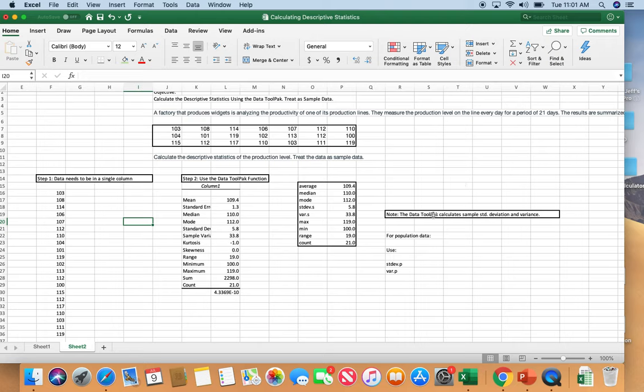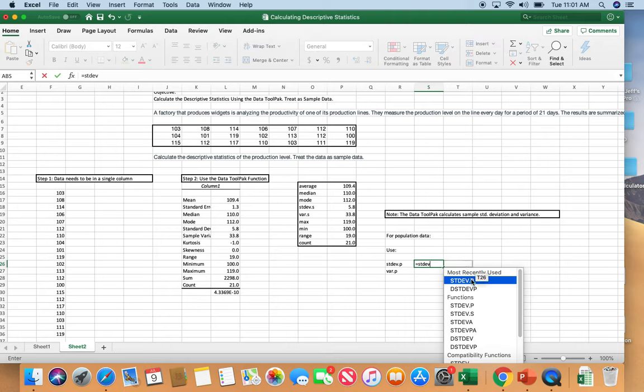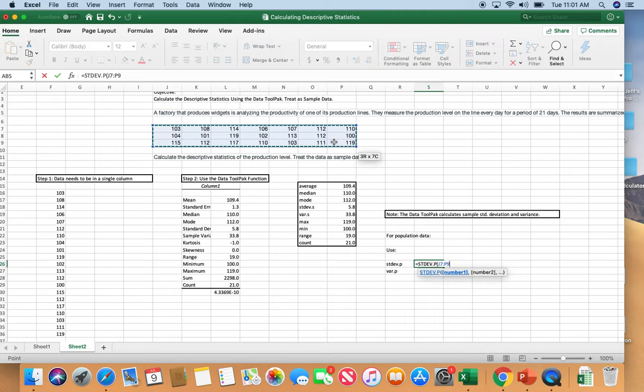The one thing to note about when you use the data analysis toolpack is that it calculates sample data. Okay, so in other words, if you have a data set, regardless of what the problem definition says, it's going to treat standard deviation and variance as a sample. If the problem were to ask you to calculate the population standard deviation or the population variance, you would have to go and hit STDEV.P, highlight your data set, close parentheses,